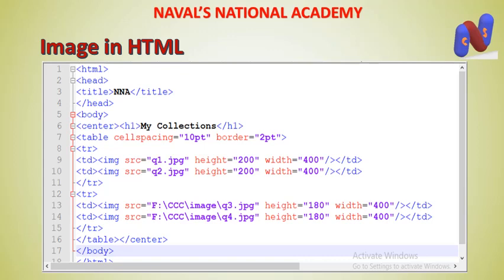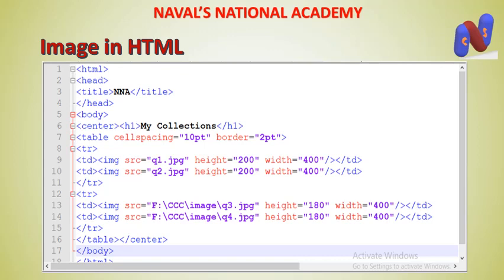img src equals F is the name of the drive, CCC is the name of the folder, and image is a subfolder, and in the subfolder there is a picture named q3 with the extension .jpg. So it is the full path as I explained two minutes before.